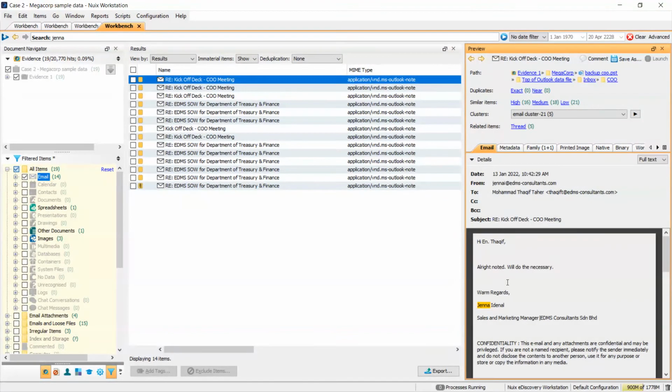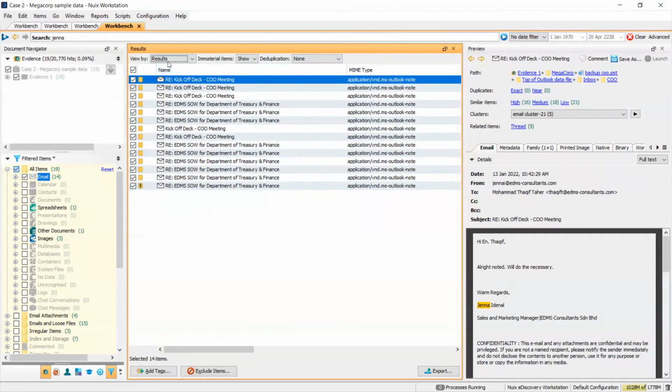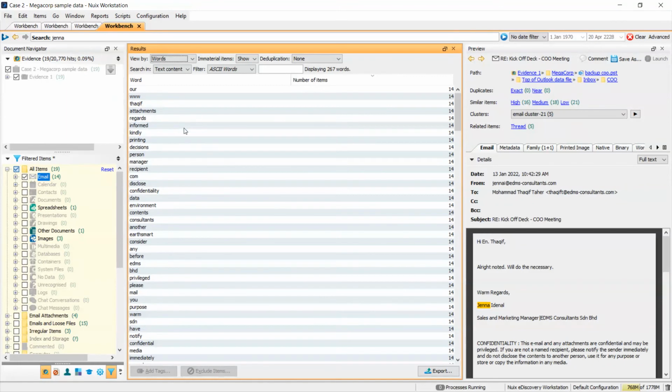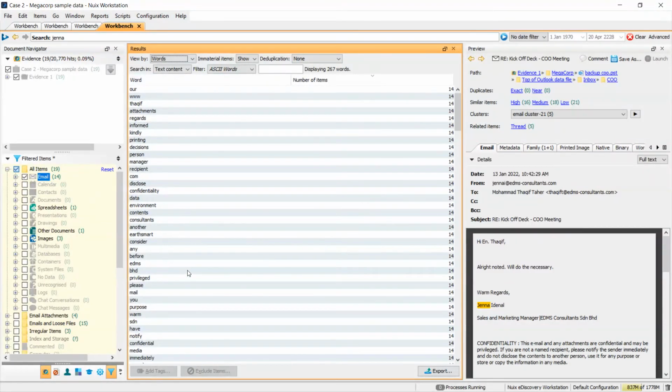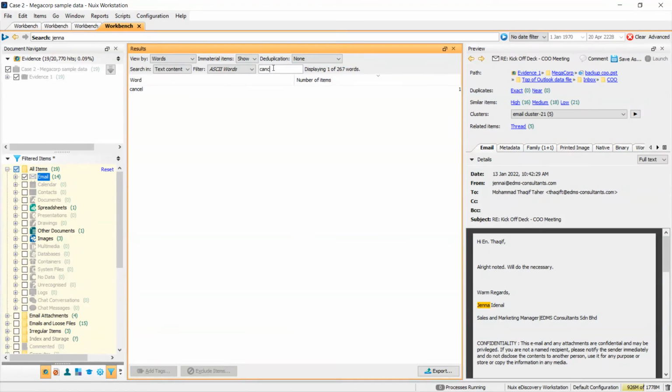For this one, we can't really understand the situation from the screen. We have to drill down the investigation. So perhaps we can use a word list. This is basically all the words that have been counted in this email thread. Since the boss is asking her to cancel her annual leave, you might want to try keywords like cancel. There you go, we have one cancel word counted, which is a very specific keyword. So if I double click it,